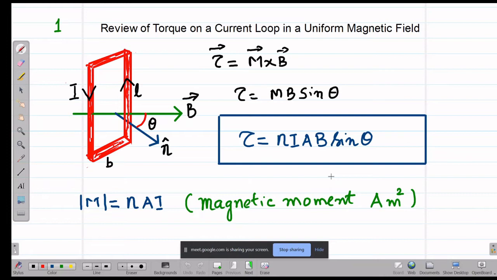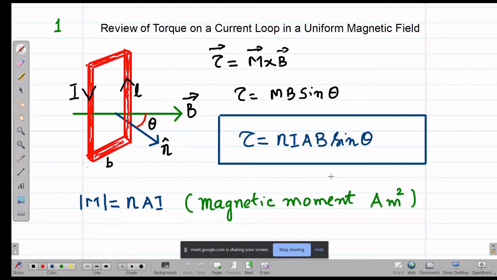So if you consider, for example, we took a rectangular coil of length L and breadth B, and there is a current I flowing through this coil, we can define the magnetic moment of this coil as area of the coil multiplied by current if it is one turn. If the coil has n turns, then the magnetic moment would be n into A into I. It's a magnetic moment. So what we derived was that if you keep such a rectangular coil carrying current in a uniform magnetic field, the coil will experience a torque.